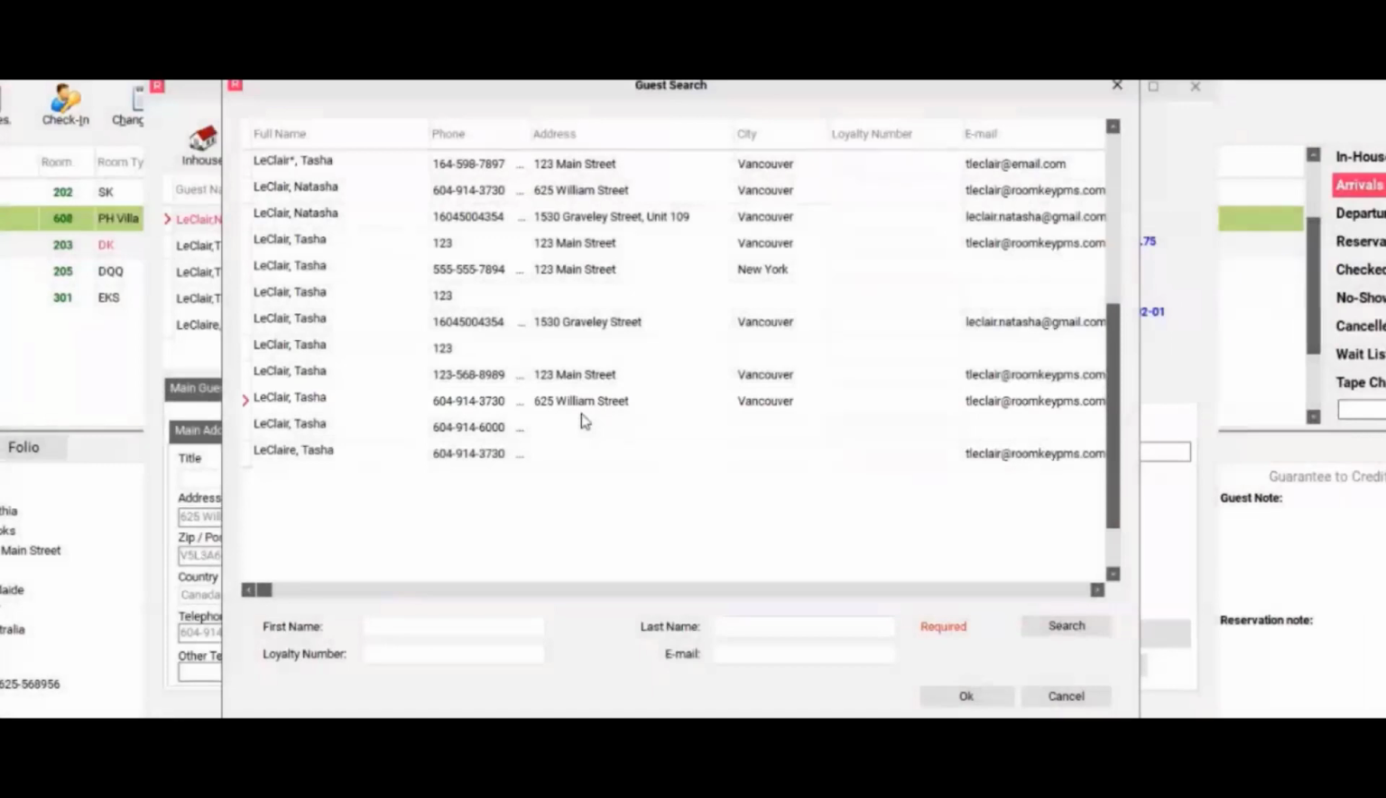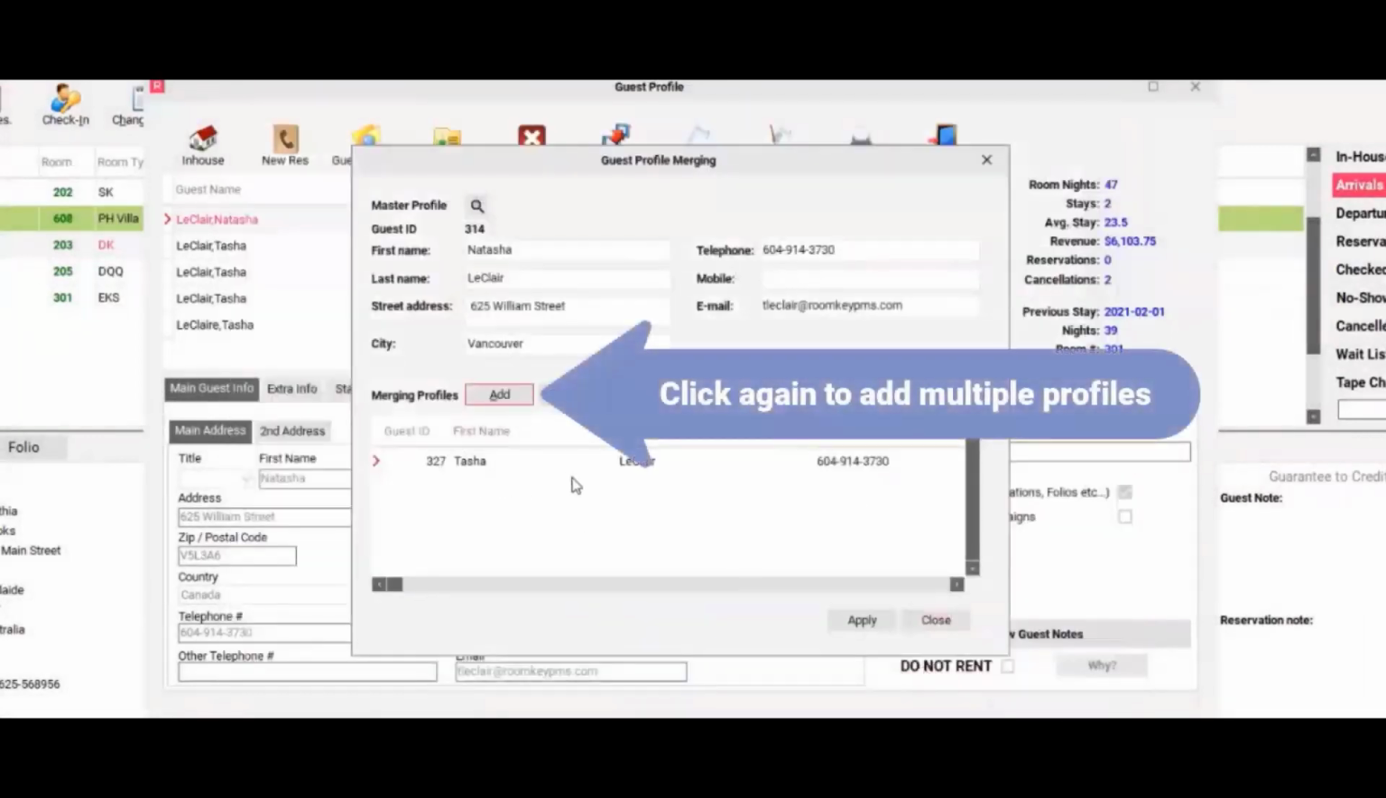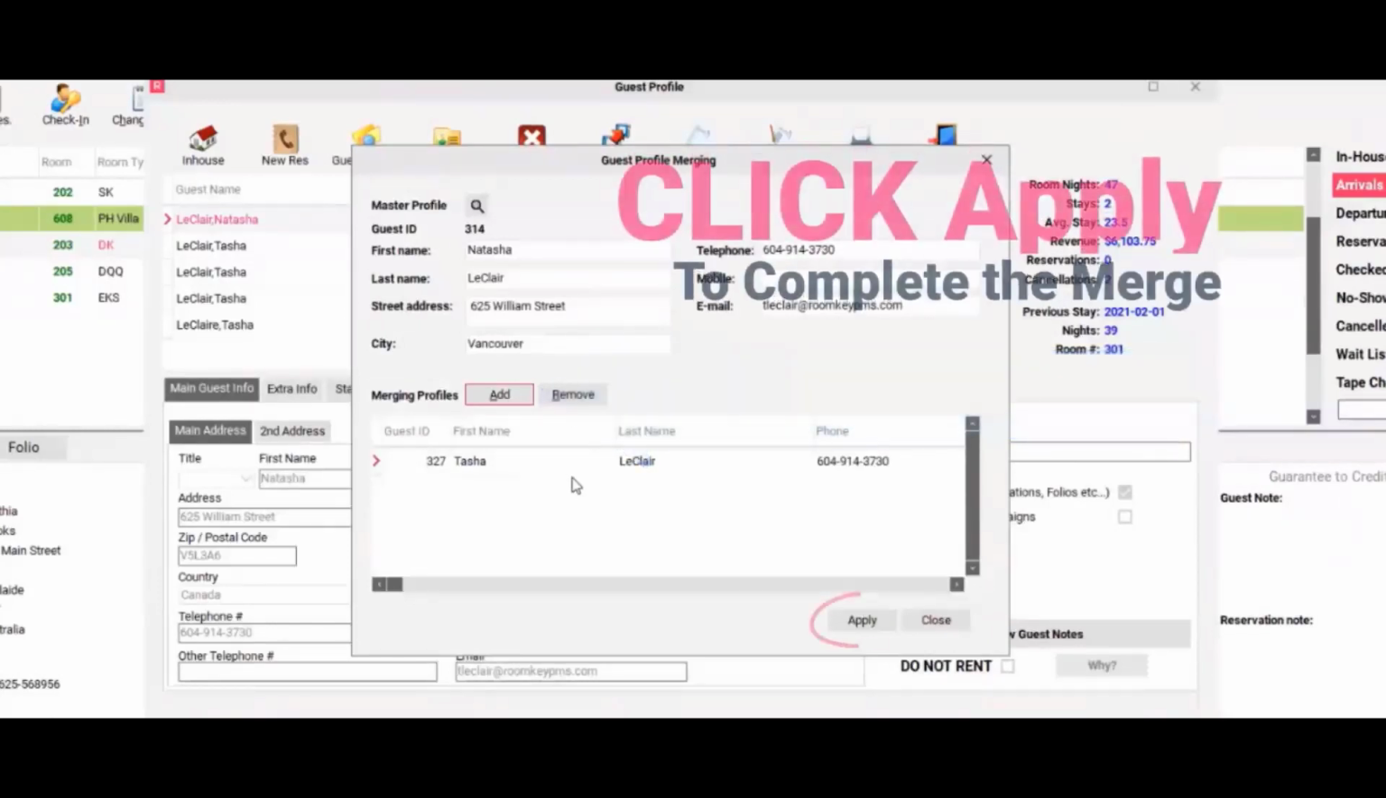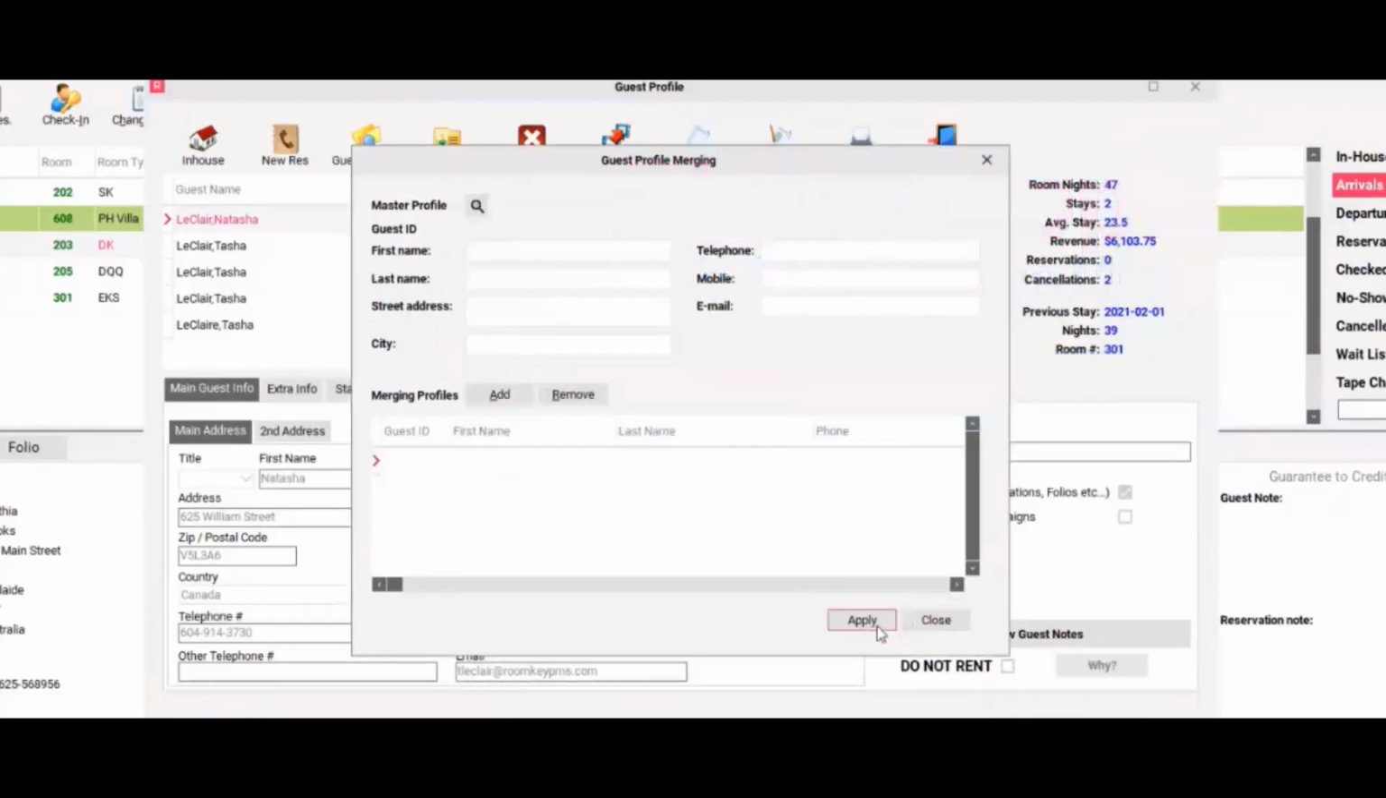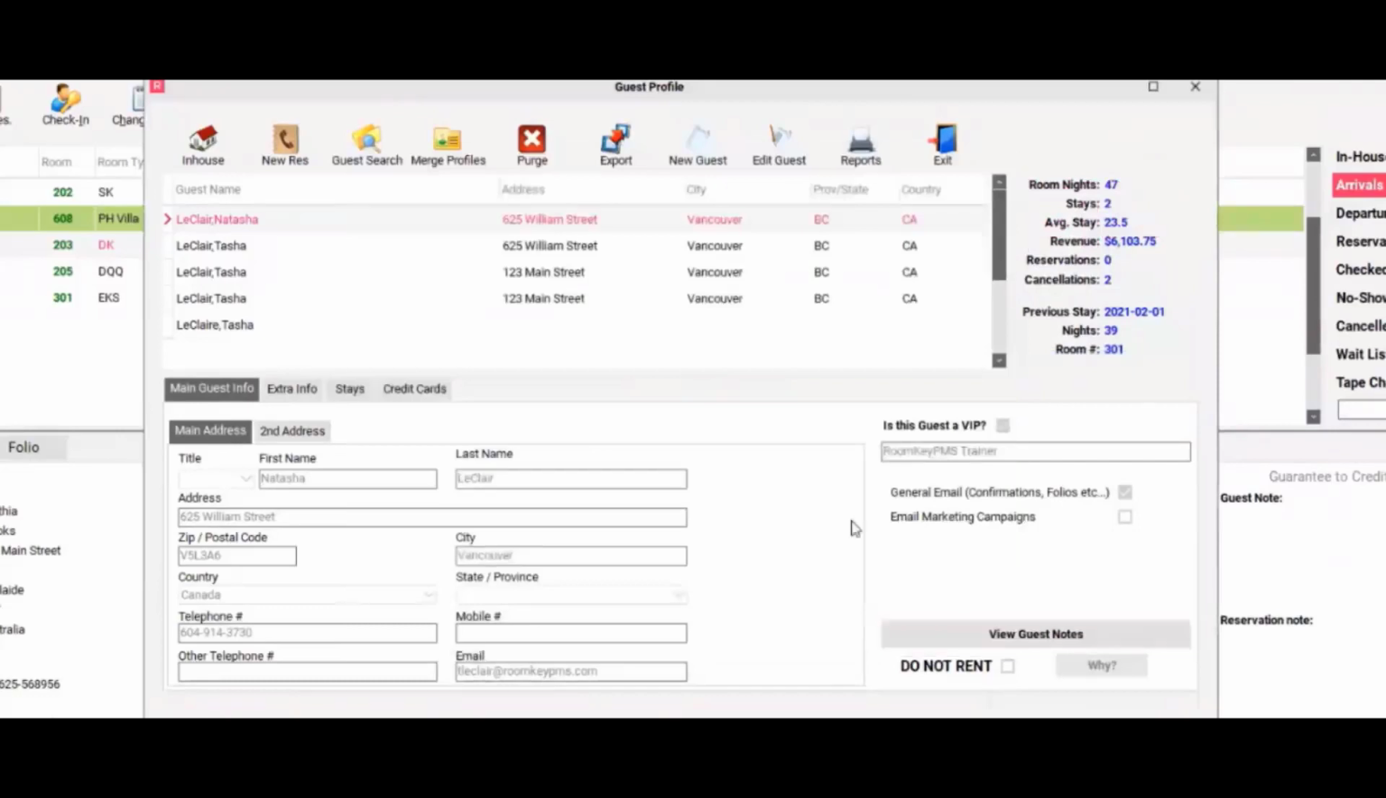And if I look towards the bottom here, I do actually have that Tasha Leclerc at 625 William Street. So that's the one I want to merge into my master profile. I can repeat that process if I have multiple or more than one merging profile to add. But when I'm ready, I can now click the Apply button. And that is instant, so I can simply close that window, and now I can do a guest search for